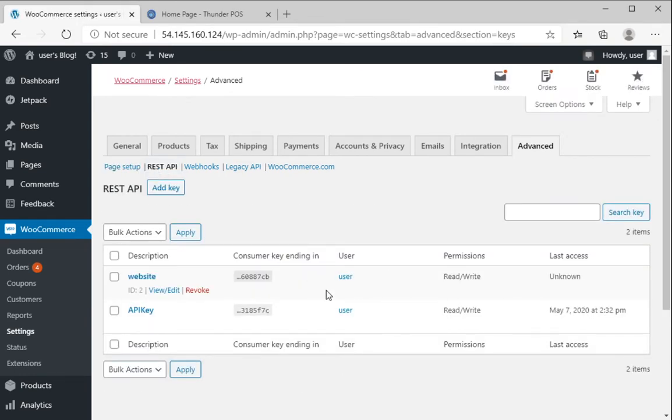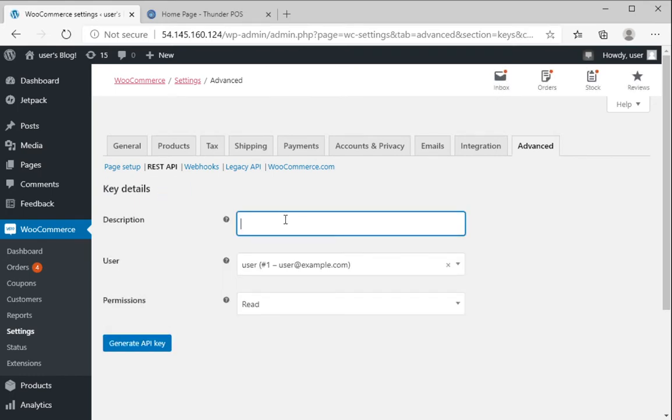As you can see, we've got a couple of these already here, but once you've added a key, you actually can't look at it again within WordPress. So if you lose it and you need to re-enter the credentials or anything, you'll just have to add another one. You can remove the old ones if you're not using them anymore. So if we just hit Add key here,